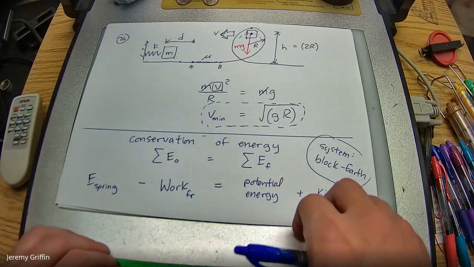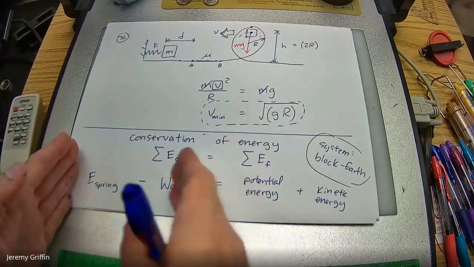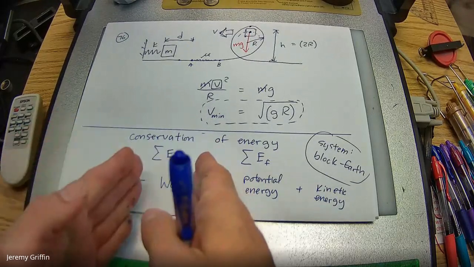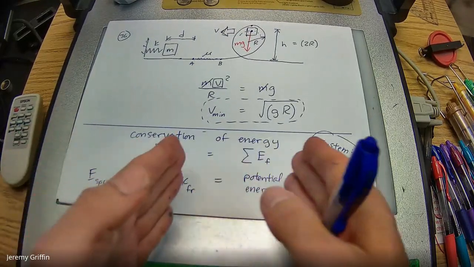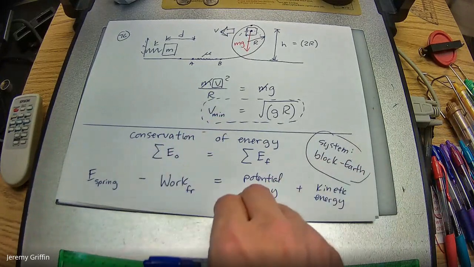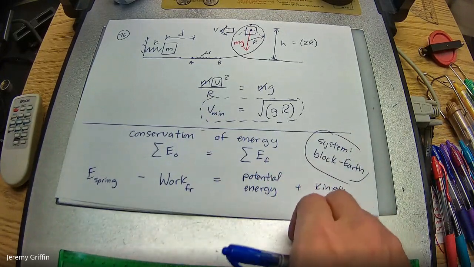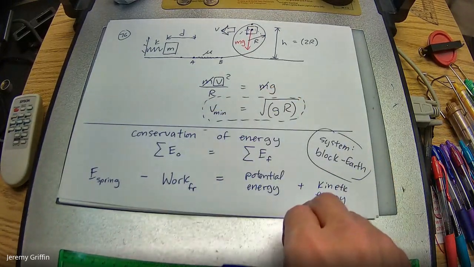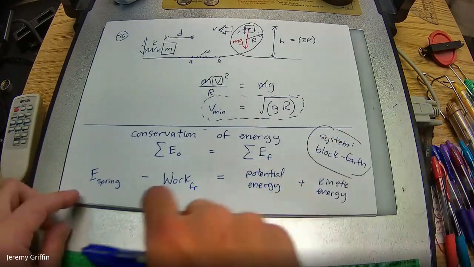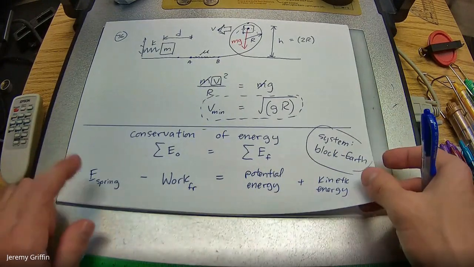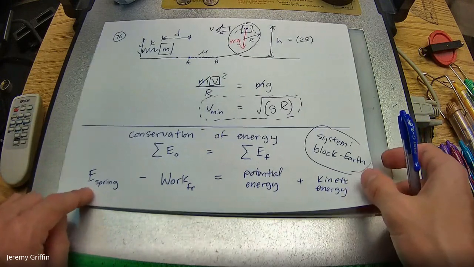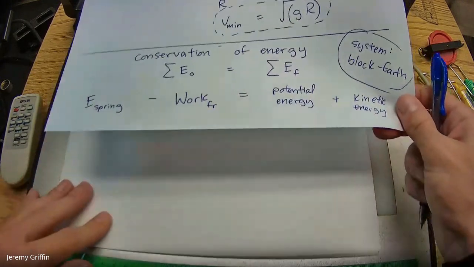Okay, so we have energy that came from the spring. Some of it was zapped out by friction. You have some energy left over, which is what has to carry the block up, and it better have some left over to be going at least as fast. Do you guys get that? Now, what are the formulas for each one of these? The one I do want to show you guys is the spring energy, and the other one, just take my word for it, and I'll show you guys those next week.